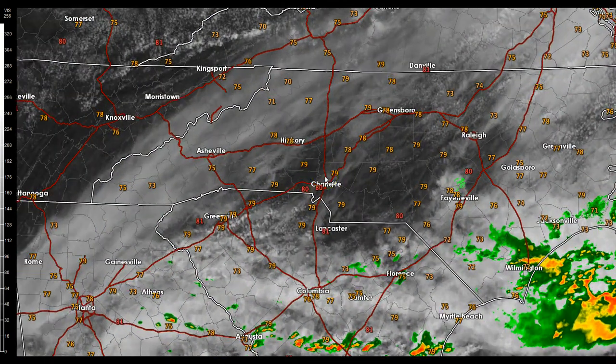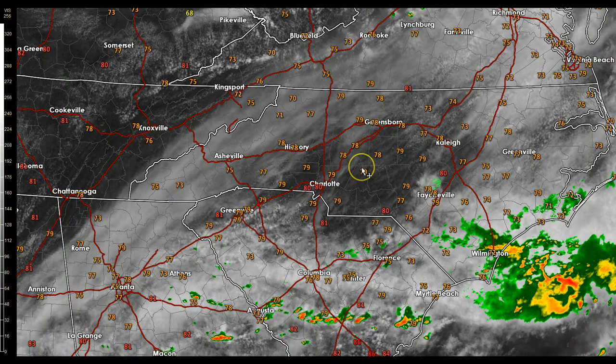But really, overall, you could not ask for a better afternoon, with temperatures nice and mild for the middle to end of June in the low 80s, and dew points only in the low 60s, and in some locations the upper 50s. Of course, I'll be tracking any storms that do develop, and we'll start talking about the heat and the humidity making a little bit of a comeback as we go into the weekend,